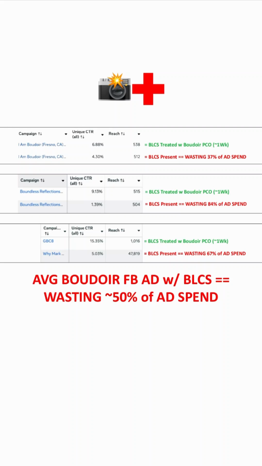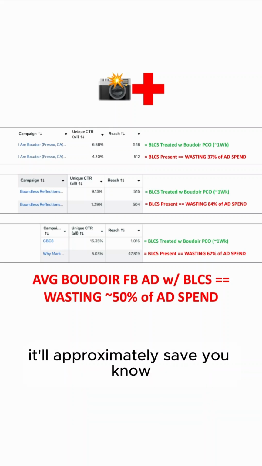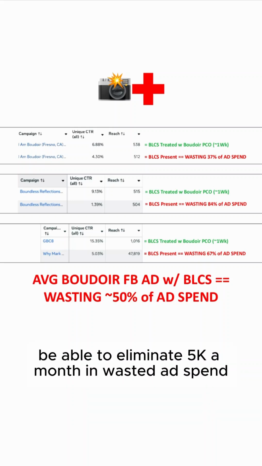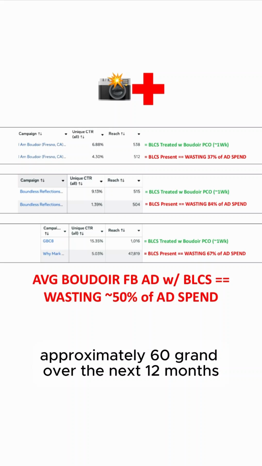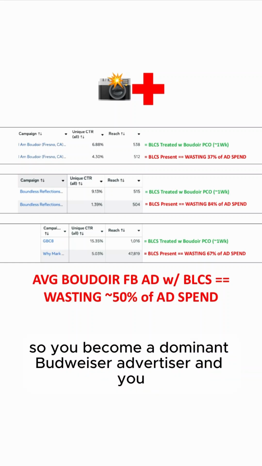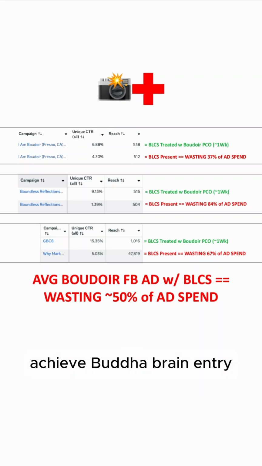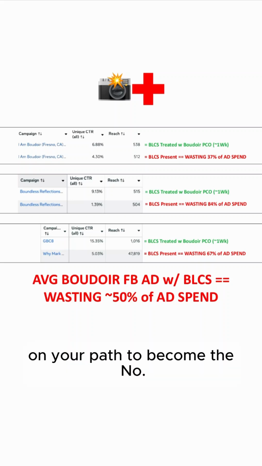And you have seen what our Boudoir Pico solution can do for others. So spend 10 grand a month on average, and it'll approximately eliminate 5K a month in wasted ad spend back into your pocket, approximately 60 grand over the next 12 months. And if you want that result with Boudoir Pico, because you want to achieve pre-click alignment, so you become a dominant Boudoir advertiser, and you achieve Boudoir brain entry boost with your Boudoir Facebook ads,